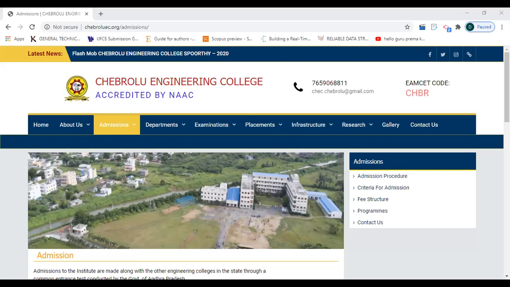What are the students and what are the company names? How many students are selected into that particular company? Like that we are going to describe and put the total data into that particular module. That is called the attributes, which support that particular module. So we must show those attributes in our project.